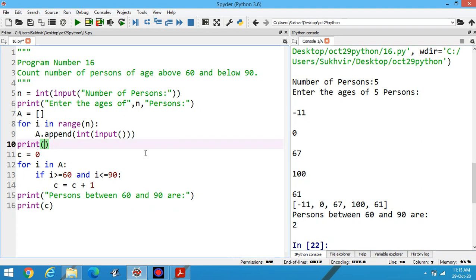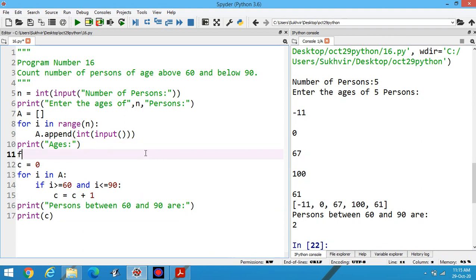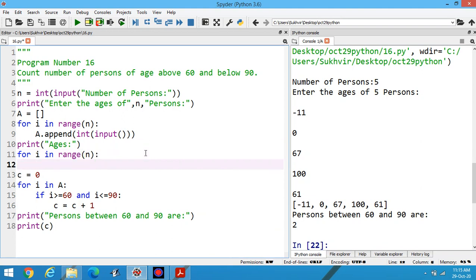Suppose I am writing here print ages. What modification is required? For i in range n, then if a[i] less than equal to 0 and a[i] greater than equal to 110.